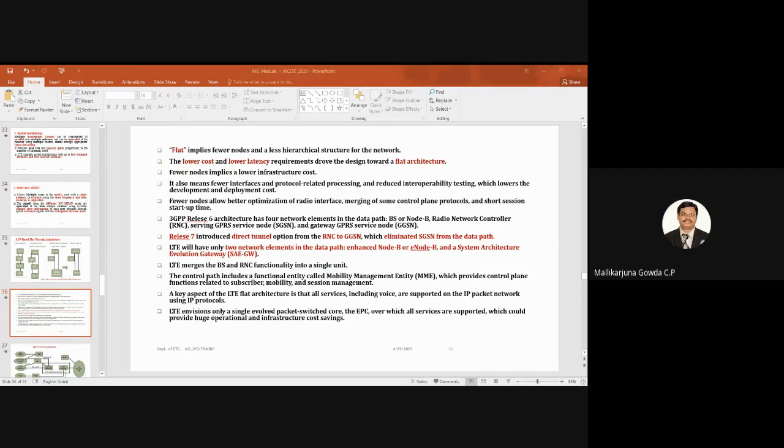So maybe in the first module, after one or two classes, they might have told what is circuit switcher system and what is packet switcher system. Since it is an A semester subject, all basics you are aware of, you should be able to recall. If we say just the word, what is what? Okay, Sushmita, can you say what is circuit switcher system and what is packet switcher system?